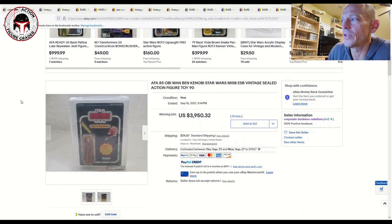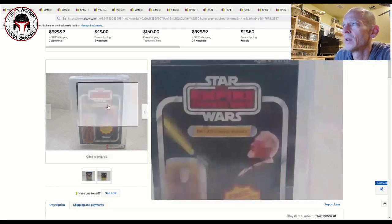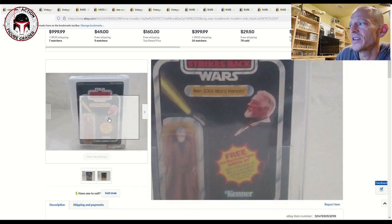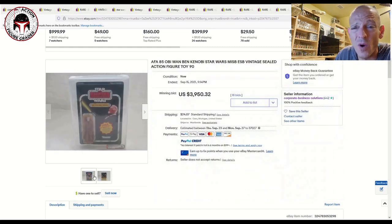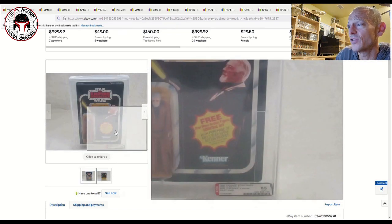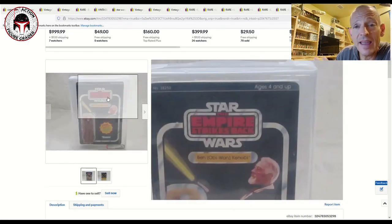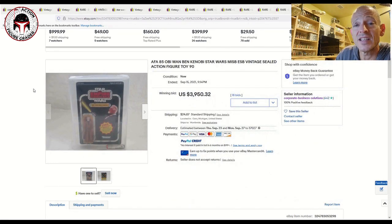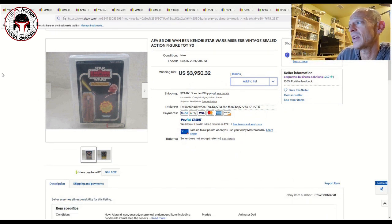Finally, I want to finish off on this one. I just have a real problem believing that this number is real. This one was an AFA 85 Obi-Wan on the 21 back transition card ESB. So it's got, I'm sorry, it's not even the 21 back. This is the 41 back. So it's even more ridiculous. If you look here, it's the 41A back survival kit offer. It's an AFA 85, admittedly, but this is a later ESB card back. I thought it was a 21 back. It's even more ridiculous. But anyway, AFA 85, and it sold for